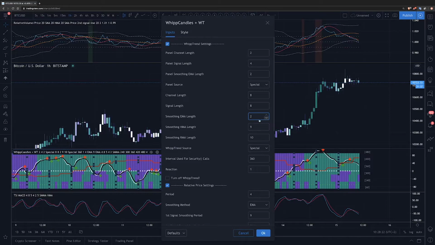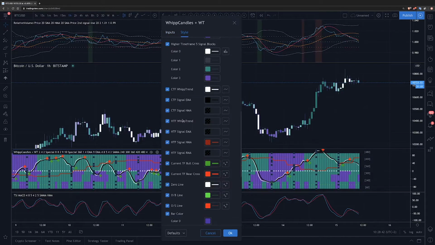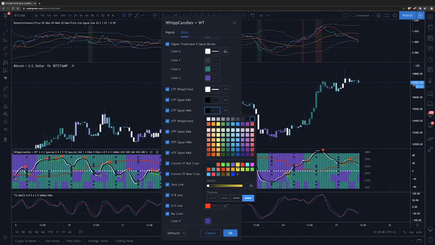But yep, 2, because I use whip trend in context with other indicators. And then we also have some different types of moving average you can have on. But for this example, we are using the EMA. We can change it to HMA and stuff by going over and changing the colors on things. So currently the HMA is there. If we turn it onto yellow and we increase the brightness, that's the whole moving average